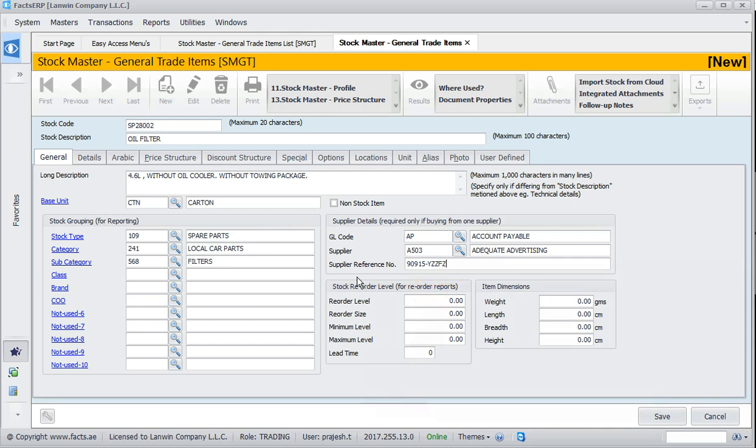Then we have a frame for giving the stock reorder levels, like the reorder level, the reorder size, the minimum level, and the maximum level, and also the lead time.